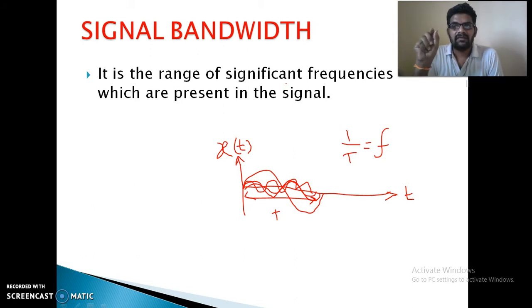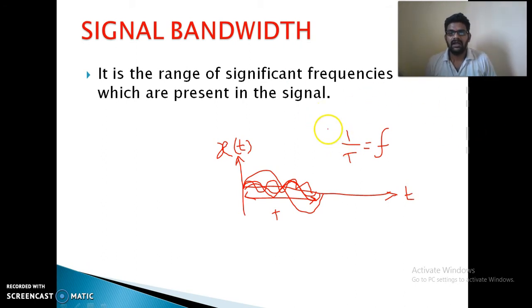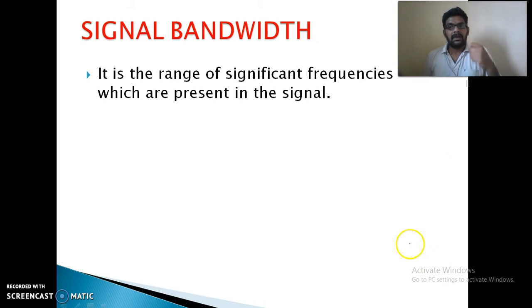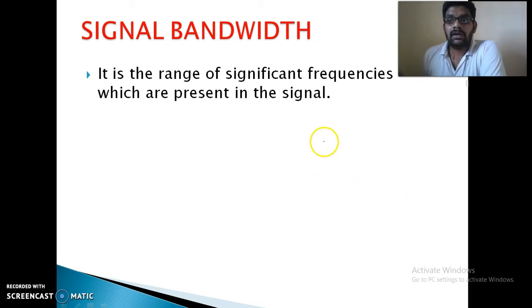The bandwidth defines that: the frequency components that contribute to form the entire signal are known as the signal bandwidth. So remember that a signal is not a single harmonic, but consists of multiples of its fundamental harmonic. Clearly, I am mentioning multiples of the fundamental harmonic, not other components.